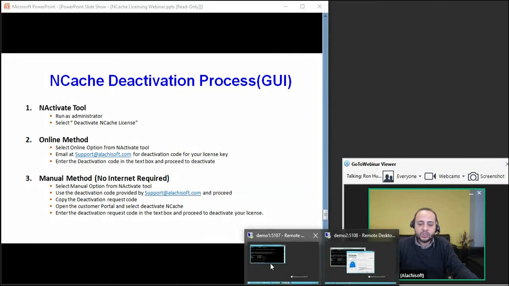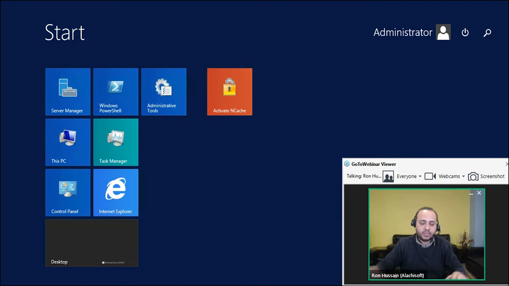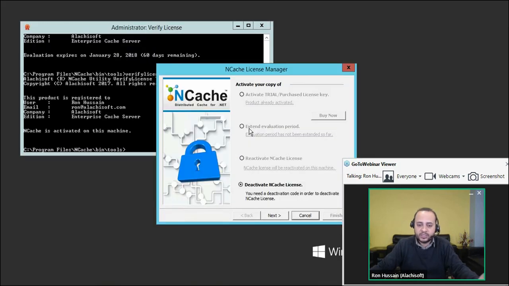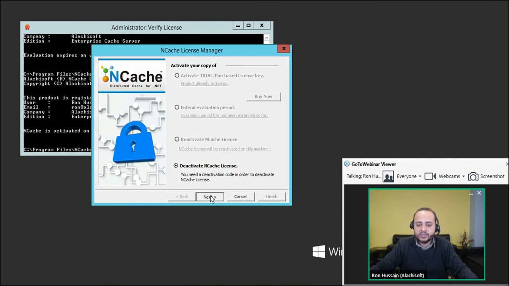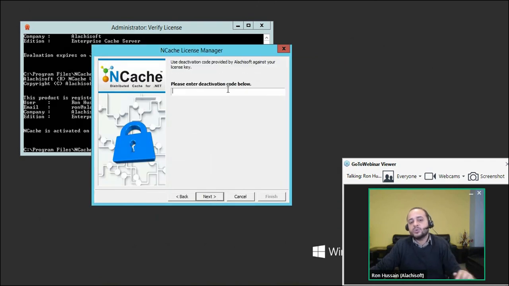So let's quickly show you how to go about it. Again, the NCache activation tool needs to be launched through admin privileges, otherwise it will give you a warning. You can see a deactivate NCache license option. Choose next. It requests you a deactivation code that I've already mentioned that you need to get in touch with our account managers to get hold of. So let's quickly use it,